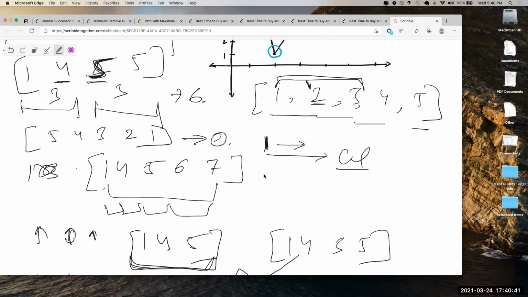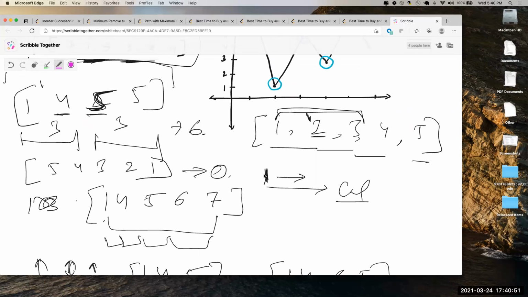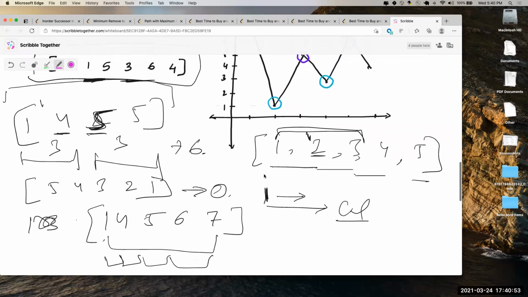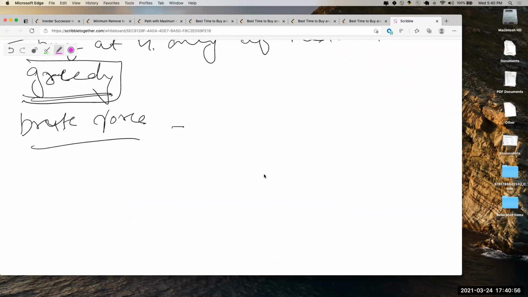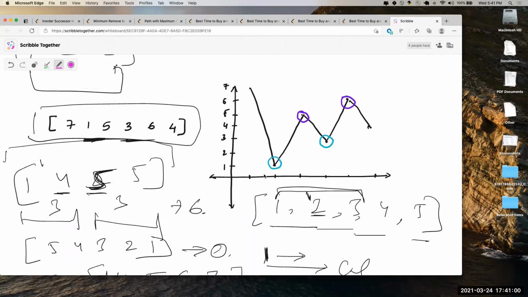And then as you see a dip, now you'll have a different transaction. Same thing, right? Will that make a difference? No, it's the same. I think it's the same thing, but this is not brute force. That's what I'm wondering. Mathematically, will it work out to the same answer? Yes, let's try it. 1, 2, 3, 4, 5, it will. I'm thinking, is there a condition with which it won't?